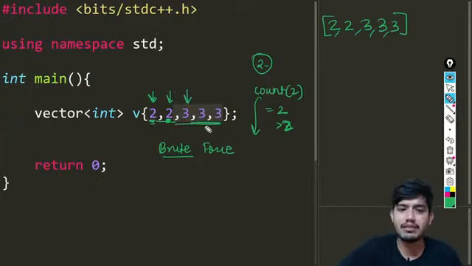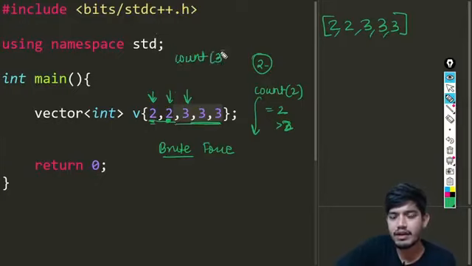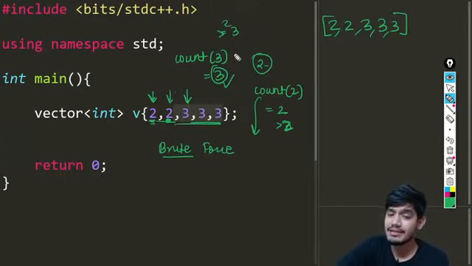So basically that is the approach. If you run this, you will get the count 3 for 3. When you get a majority element that is greater than 2, for this case the count for 3 will be 3, so you can accept that solution. When you get that solution, you can easily write that as your answer.